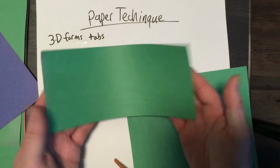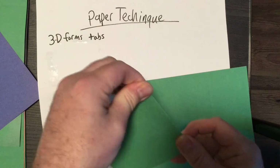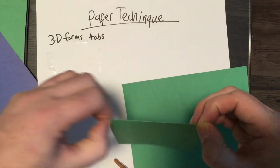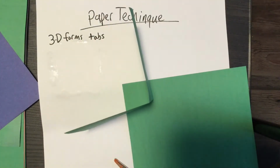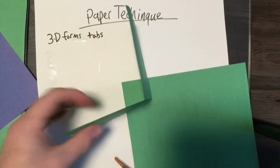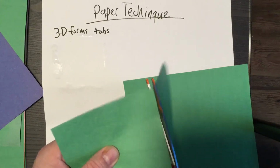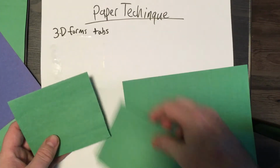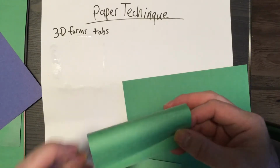That'll give you a chance to work on a smaller scale. This is still a little too big. So making creases and folds on your paper. These can be areas to help things structurally, as well as giving you guidelines for cutting. Alright, so my first shape I want to make with you is probably the easiest one, is just rolling it into a tube,